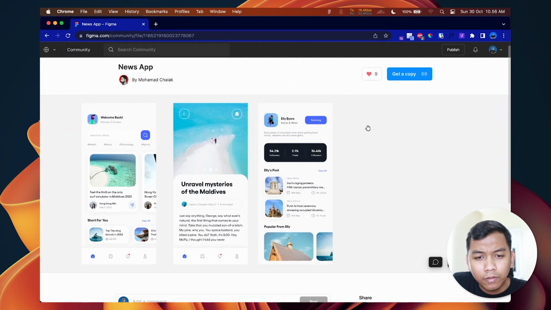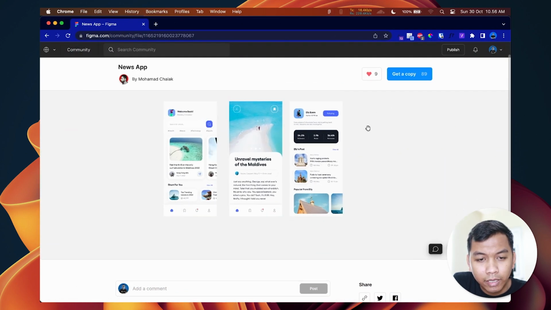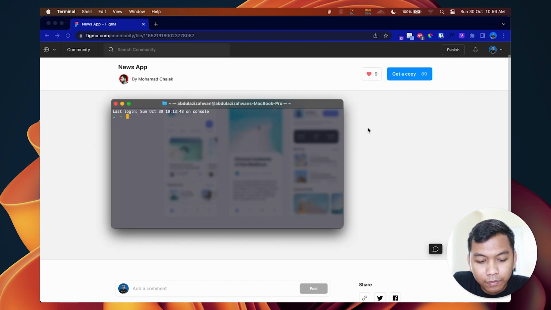Alright, so first thing first, let's create a new Flutter project. To create a new Flutter project, just run flutter create and name our project, and wait a second.